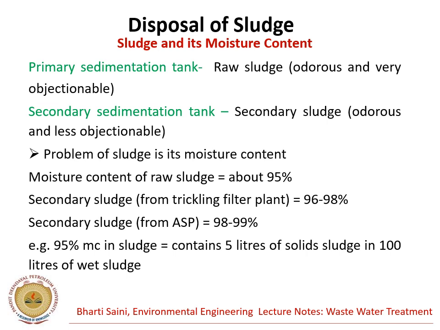You should also know the meaning of the moisture content percentage. For example, if 95% moisture content is present in the sludge, and we talk in terms of liters, it means there are 100 liters of wet sludge, in which 5 liters is dry solid sludge and 95 liters is water. So 5 liters of solid sludge plus 95 liters of water make 100 liters of wet sludge.